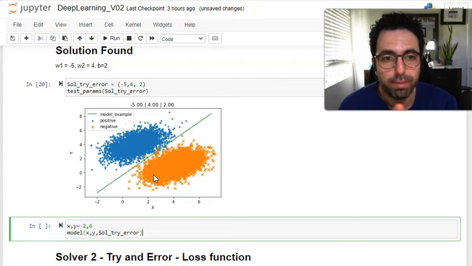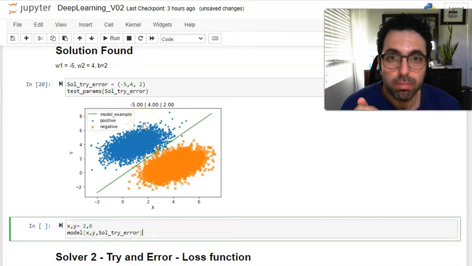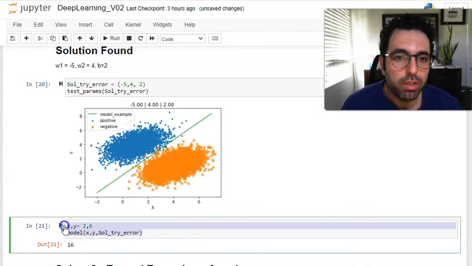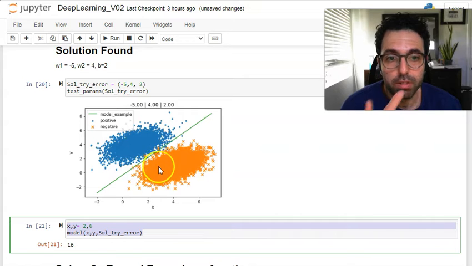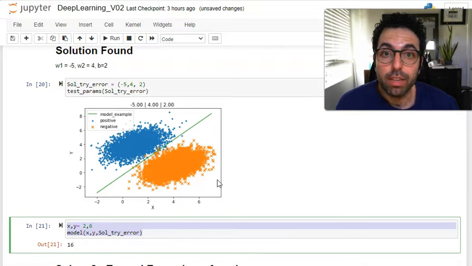So for instance, when we've got x as 2 and y as 6, this should give us a value that is positive, and it is positive. 16 is larger than 0.5, so it is positive, right? You can give this a try. This is a fairly good model for classifying this data set, right? So that's our first method, which is trial and error